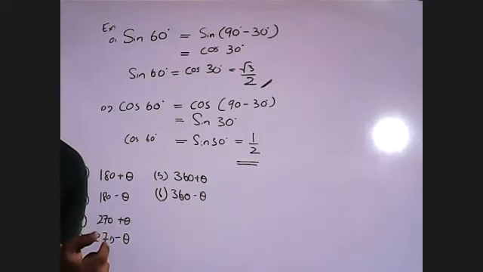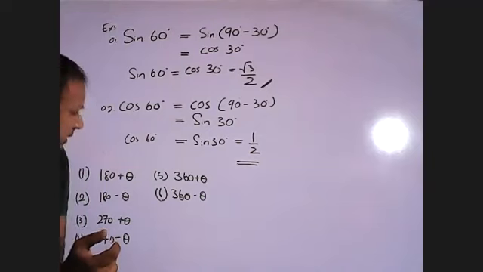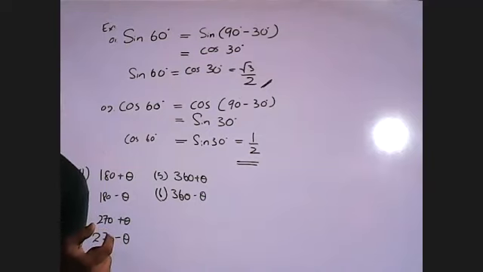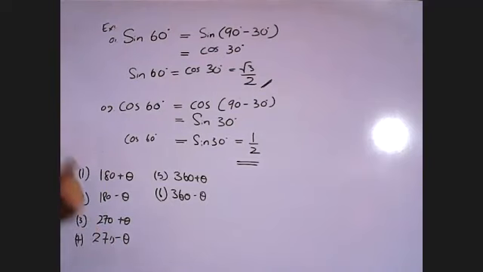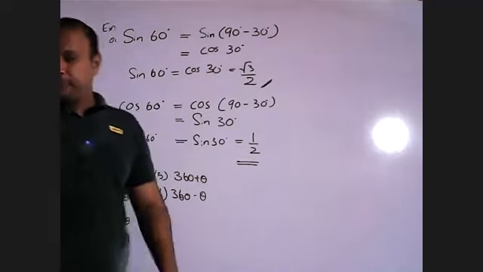Third and fourth means quadrants. Third and fourth quadrants going to be opposite of 1 and 2. Opposite of 1 and 2 means actually, we cannot say opposite because